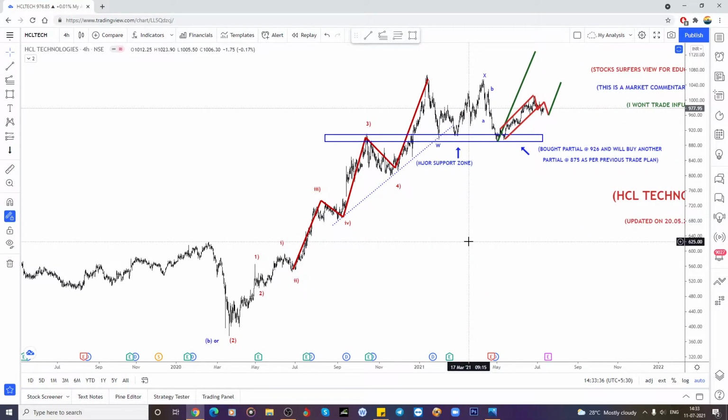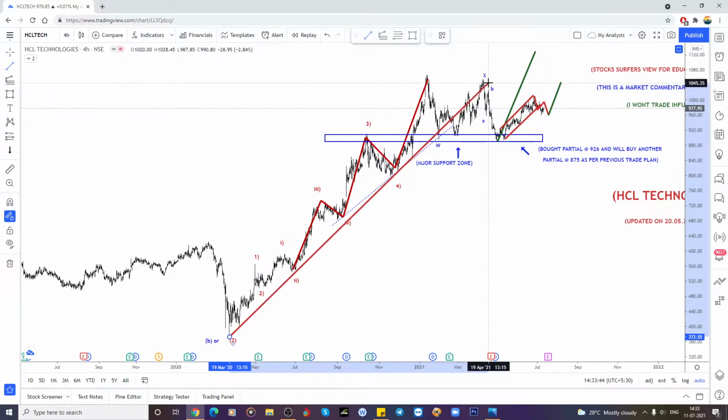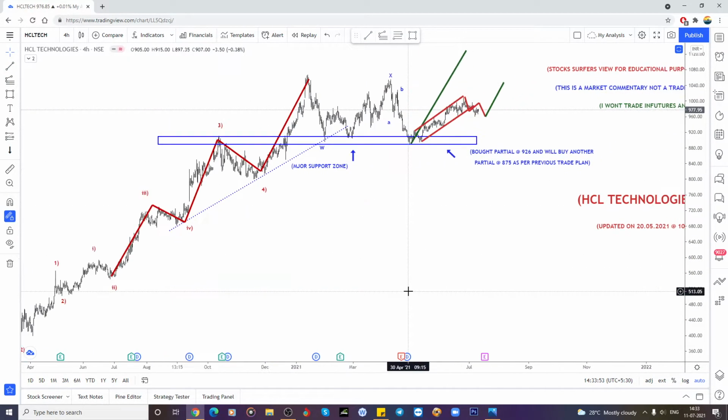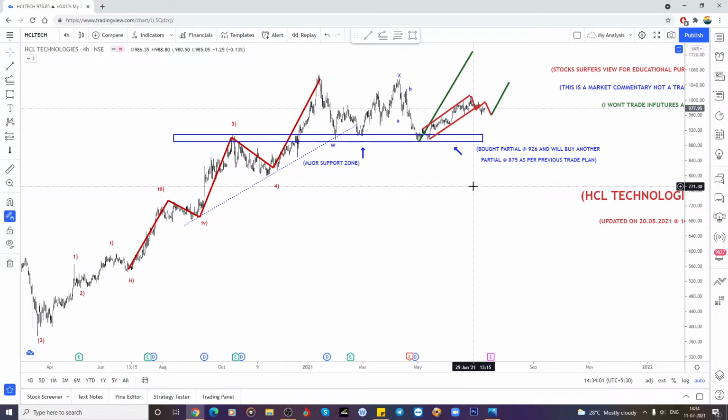What we will do, because it has already broken this channel, that is why I am confused. A channel is broken only in the triangle for the fourth wave, but in that fourth wave triangle, it won't be this much correction. That is why it may or may not, everything is ifs and buts only. But if it is valid, if you are buying here, expecting a target of 1150 to 1200,